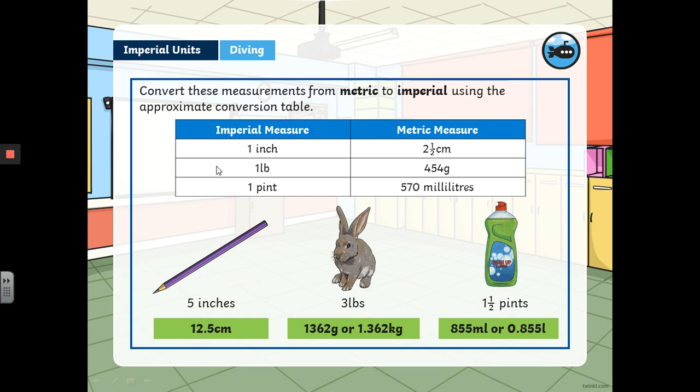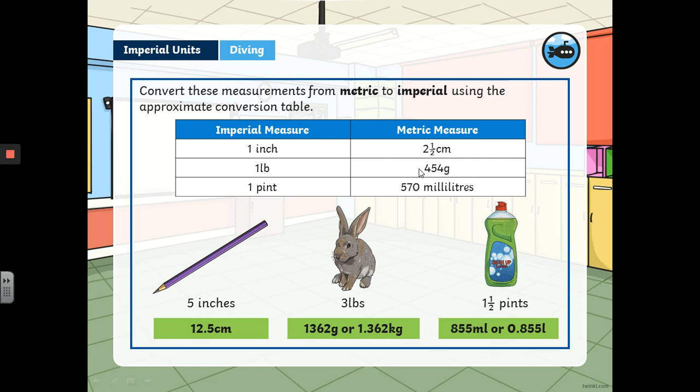For example, 5 inches, how many centimeters? Fine. 3 pounds, how many grams? Fine. You don't need to give me the kgs if you can't. And 1.5 pints is how many milliliters? That's also fine. If you can't give me the liters, that's also fine. I'll accept that. Now, this might look a little tricky, so pause and listen to each and every slide